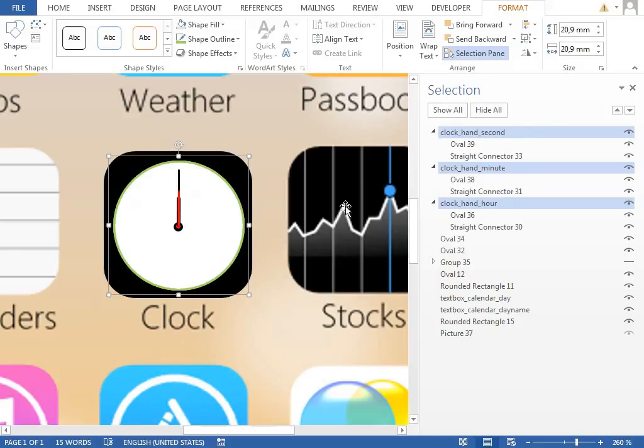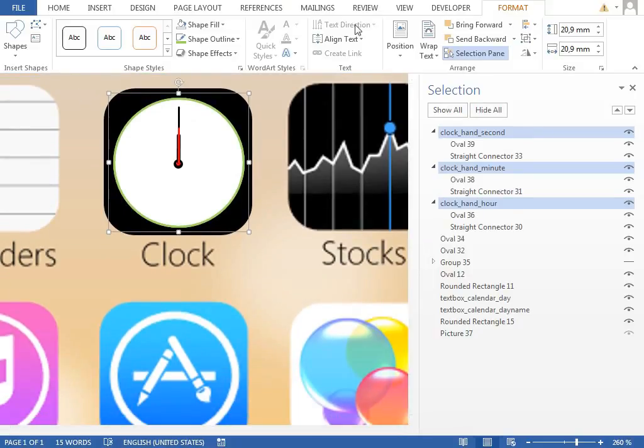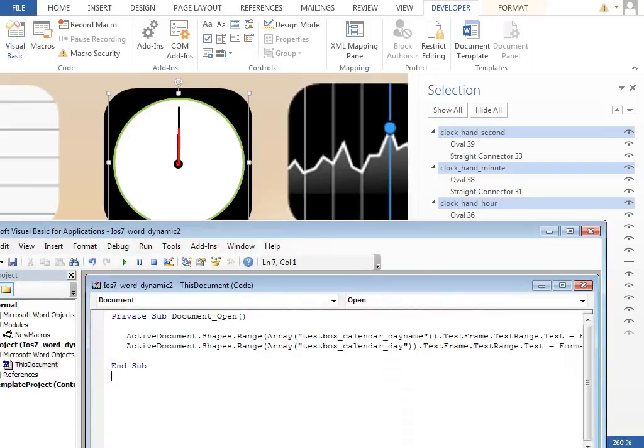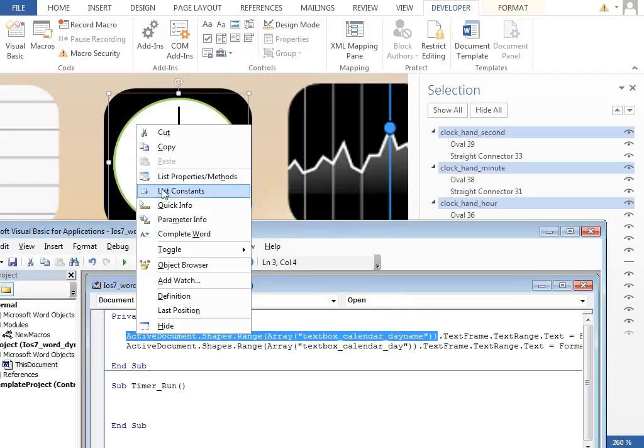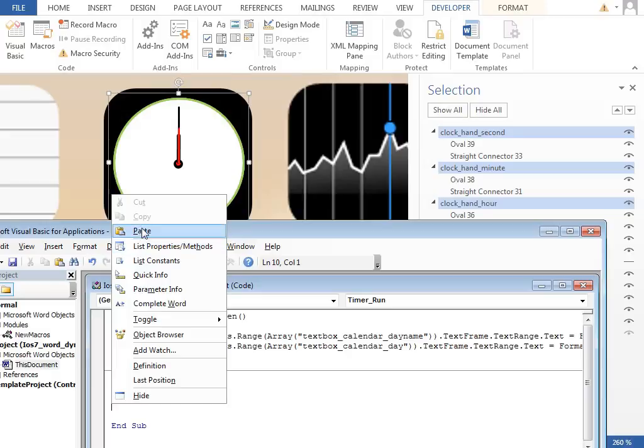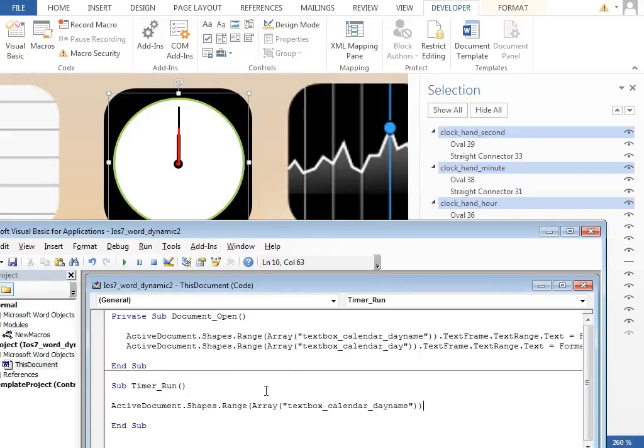So we can move to adding some code. In the developer ribbon, open the Visual Basic, and we will add a new routine, which we will call, for example, timer run. And we will use this part of code, so we don't need to write it from scratch. We just need to adjust the name of the objects, which is, for example, clock